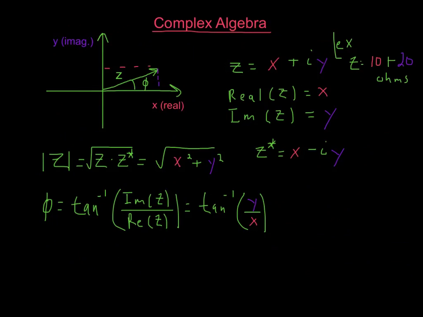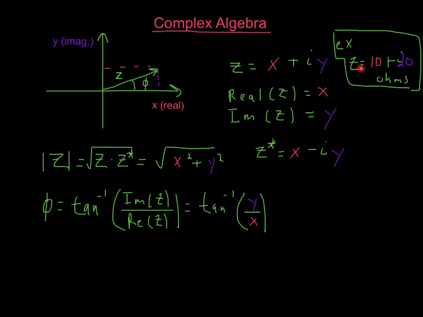I forgot my i there, very important. Let's get the i on that 20. It's a little bit muddled, but I'm just going to keep going. So 10 plus i times 20 ohms. This represents the imaginary part of the impedance, and this represents the real part,